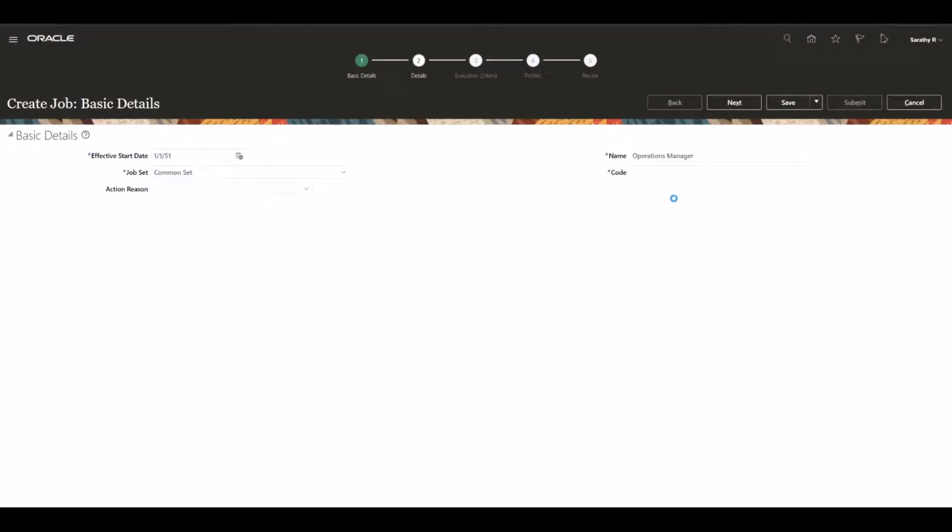I'm creating the operations manager job and I am assigning that with a common set. For all other fields, I'm going to give a code which is mandatory, and I'm going to keep all other fields blank.